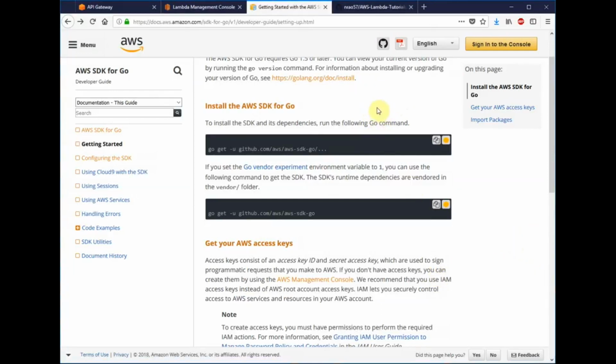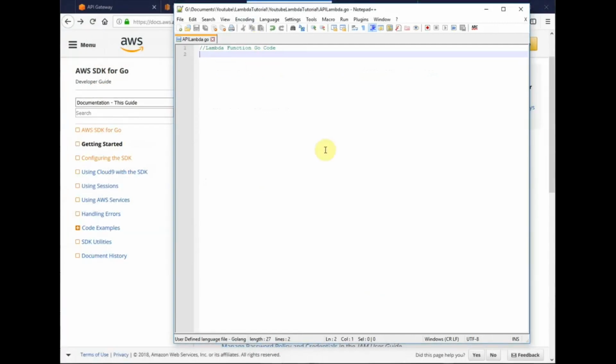So once you do that and have all of your SDKs loaded, we can start using them in our Lambda function. So we'll just keep this simple. This is going to be the main package. We're only going to use one package for this video. Okay, so we're going to have to import the SDK, which will be github.com/